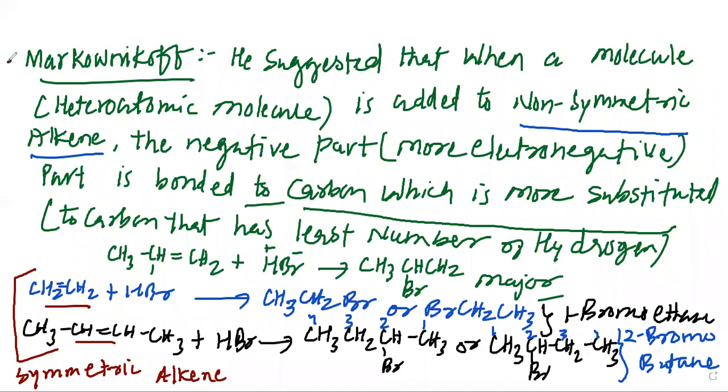According to the scientist named Markovnikov, the product that we get is in such a way that the negative part of the addendum, the negative part of what we are going to add, is added to the carbon which is least substituted, or which has the least number of hydrogens. It is very important for you to understand this, and generally not only in 11th standard but in 12th standard we hope one question based on the Markovnikov rule or anti-Markovnikov rule. That is what we are going to study now.